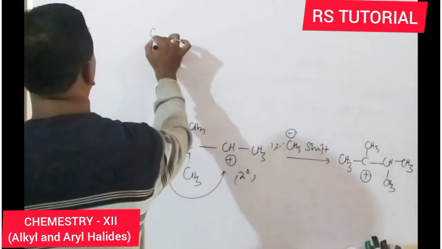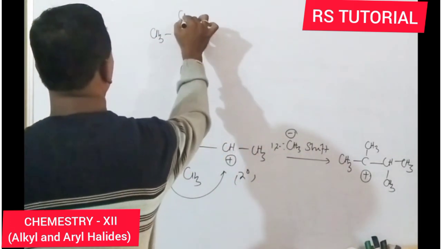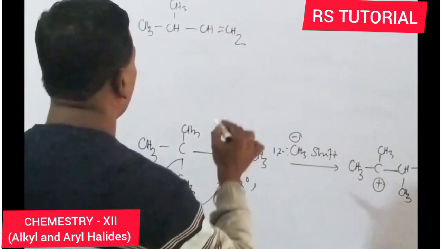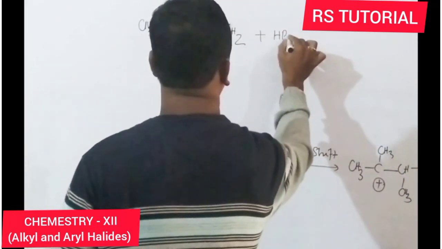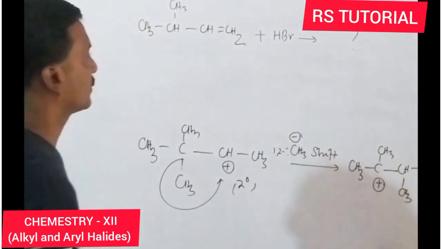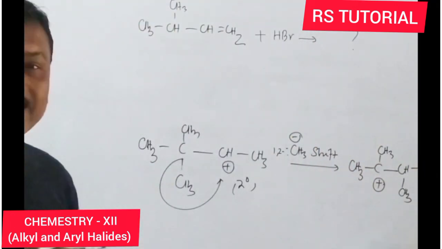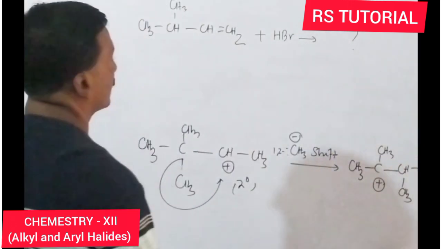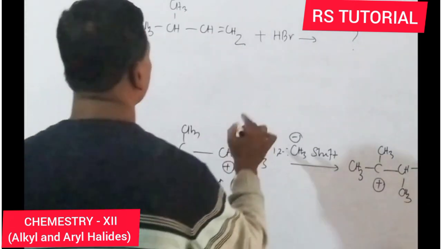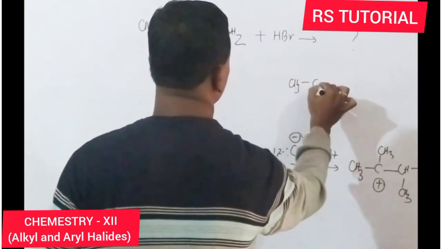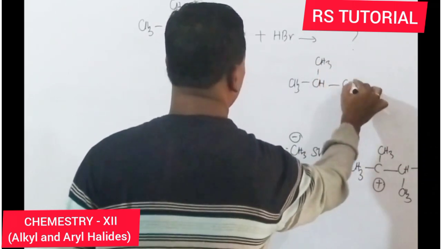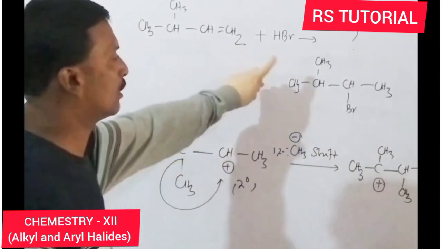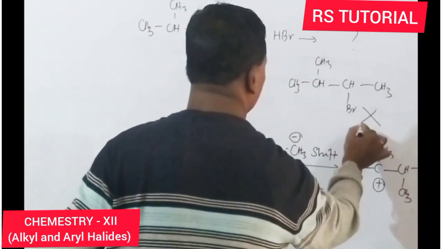You see now, if this type of alkene is there and an ionic reagent is given, what type of questions are asked in this type of reaction? First of all, the product. What is the major product? You see, most of the students write this product because this is in the option. This is a simple Markovnikov's addition, but this is not the major product. This is wrong.